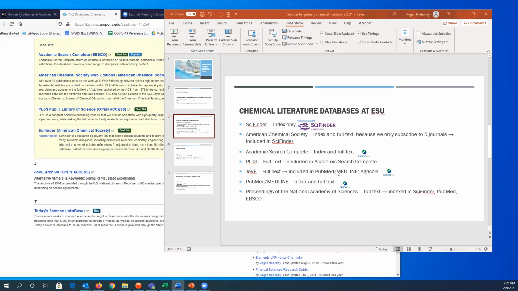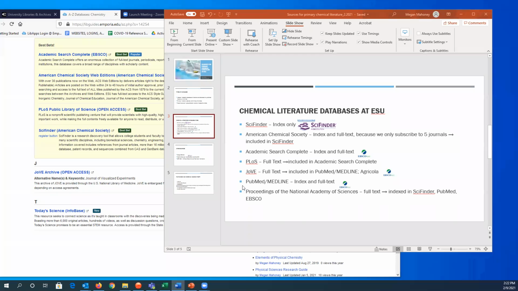It is also indexed in Agricola, which you see over here, which is a proprietary database. So PubMed is free. It's a database managed by the National Library of Medicine. Medline is part of it. Medline is a subset of PubMed. These two are open access, but we get to them through EBSCO like we do a lot of our databases. Agricola is proprietary. It's agricultural information. So if you were interested in the chemistry of agriculture, like with soils or fertilizers or pesticides or any of that, Agricola would be a good place to search for that information.